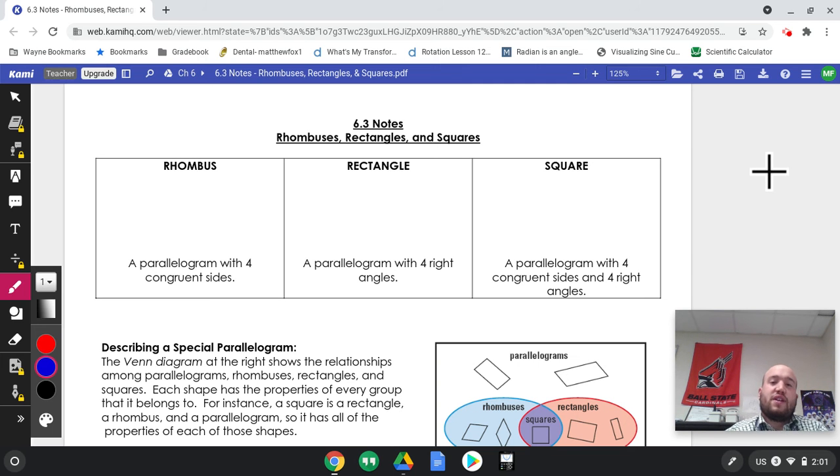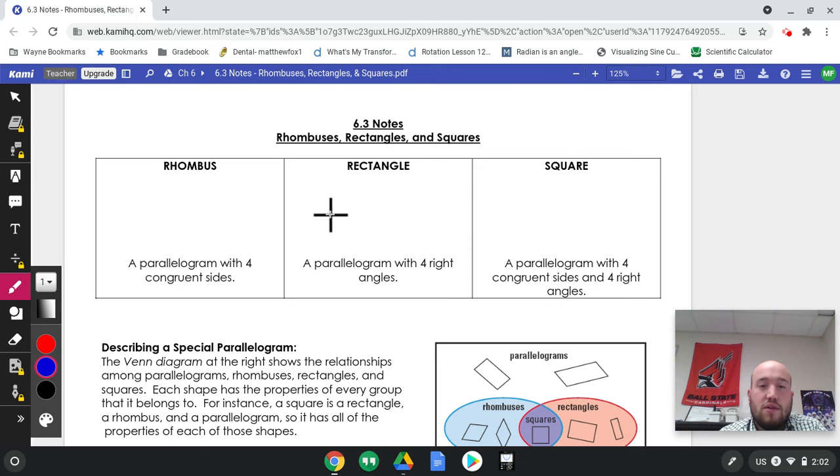Today we are going to be talking about some specific types of parallelograms. So hopefully you remember parallelogram, it's a quadrilateral, so a four-sided polygon in which the opposite sides have to be parallel. Okay, we know several things about them. Opposite sides are congruent, opposite angles are congruent. We also know that their diagonals bisect and their consecutive interior angles are going to be supplementary or add up